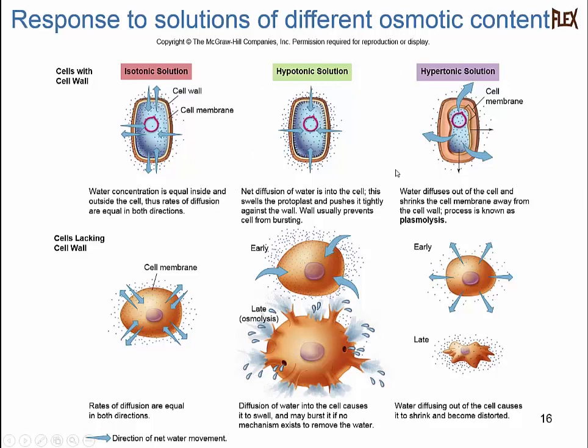Conversely, if you have a hypotonic solution, so an example of a hypotonic solution would be 100% water. However, on the inside of the cell, it's most likely a lot less than 100% water. It's probably something like maybe 80% water, so 20% other solutes. And so because there's more water on the outside of the cell, the higher concentration of water, being 100%, will move toward the concentration of water, which is only 80%, until it's equal. Unfortunately, what that can do for us, it can cause our cells to burst.